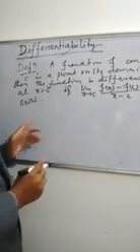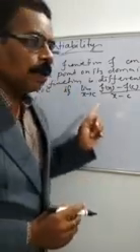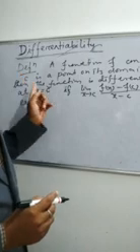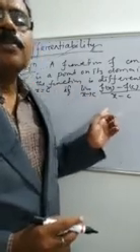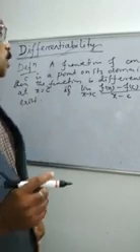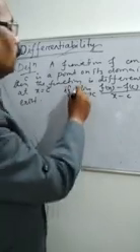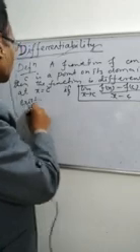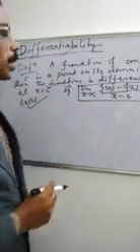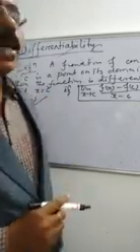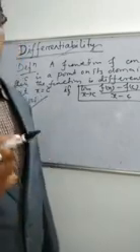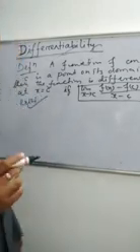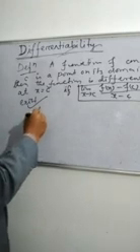So a function must be a real-valued function and c a point on its domain. Then it is said to be differentiable at x equal to c whenever the limit as x tends to c of (f(x) minus f(c)) by (x minus c) exists. That means in case of differentiability, the left hand derivative, LHD, is equal to the right hand derivative, RHD. So what is the left hand derivative?